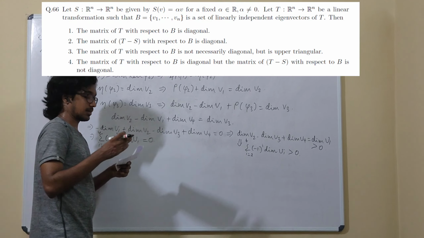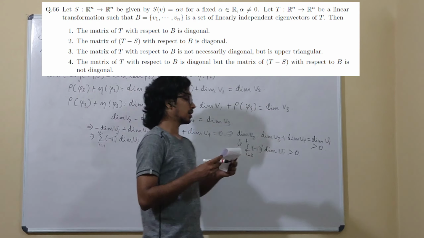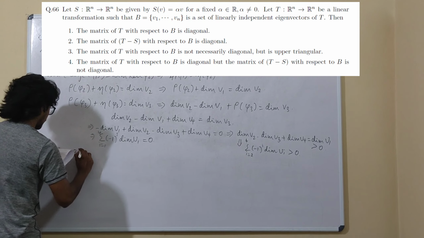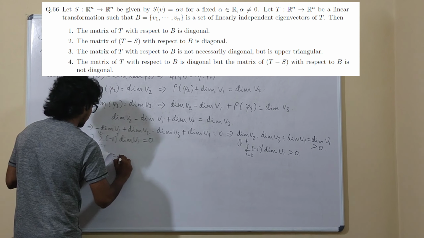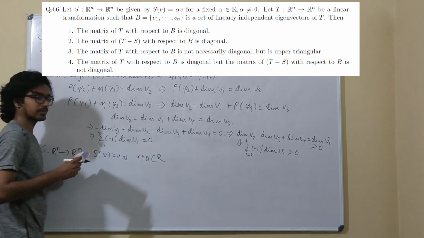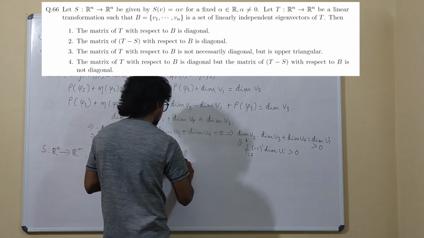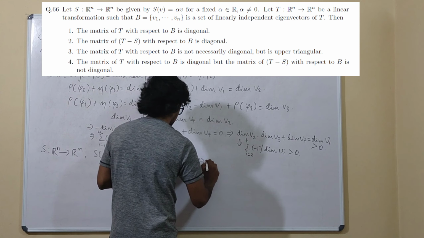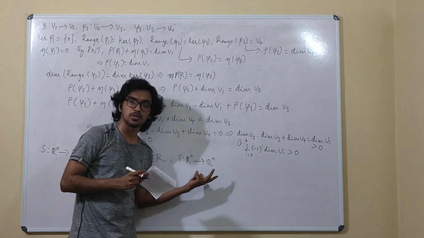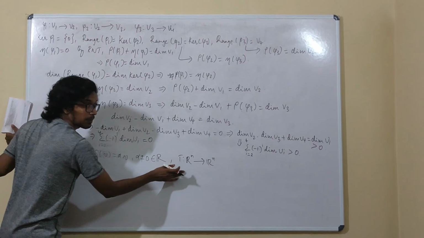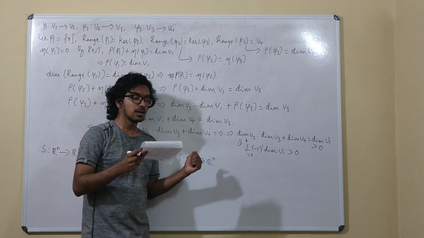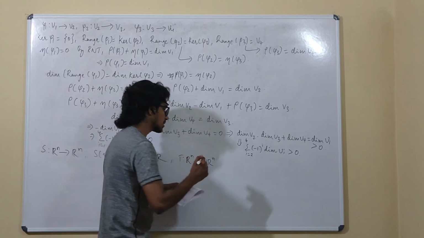Right? Next, the next question tells you that S is a linear transformation defined from Rn to Rn, defined by S of v equals alpha times v, where alpha is a non-zero fixed scalar. Okay, and another linear transformation is given, that is from Rn to Rn. How it is defined is not given, that is, the explicit definition of the mapping is not given, but some other information related to this T is given, that is it is a transformation such that it has a